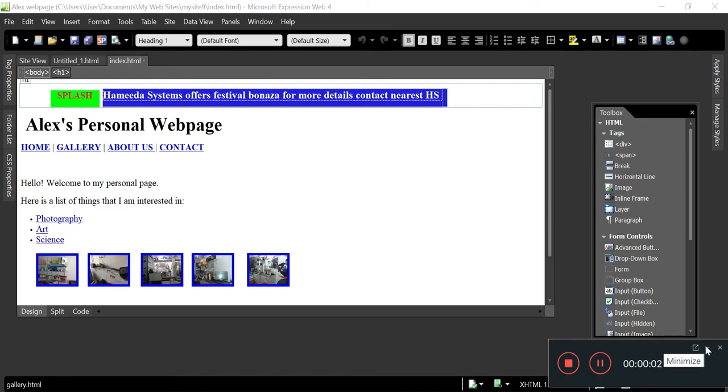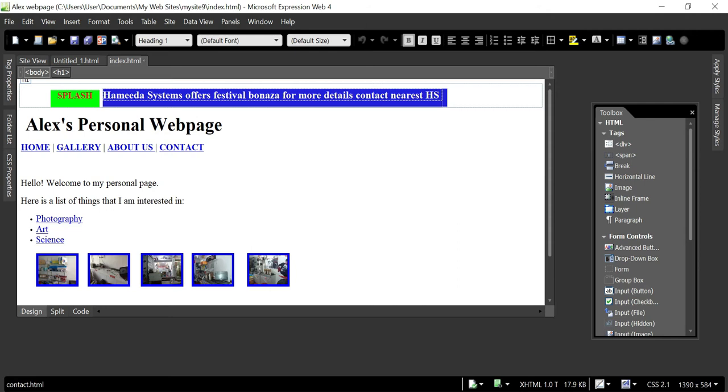Hello and welcome back. In the previous video, we have seen how you can create a web page using Microsoft Web Expression. So we have seen creating a simple web page without using layouts, which looks not organized. In this tutorial, you will learn about the different methods of creating